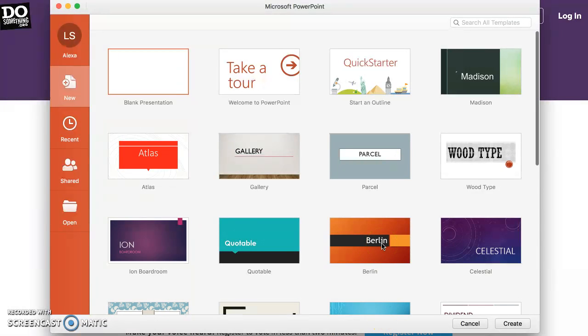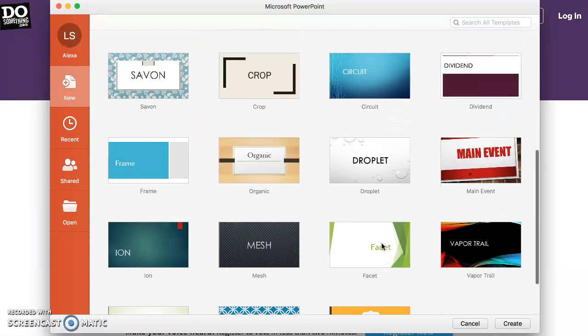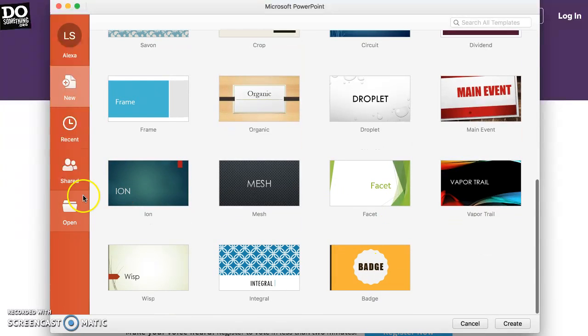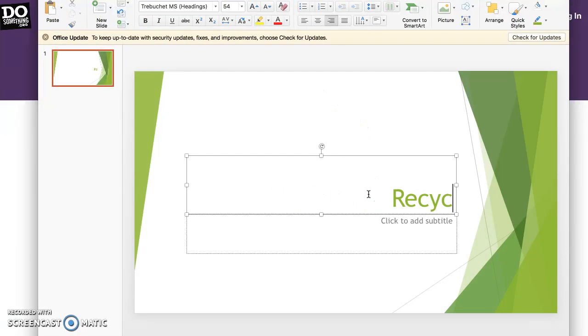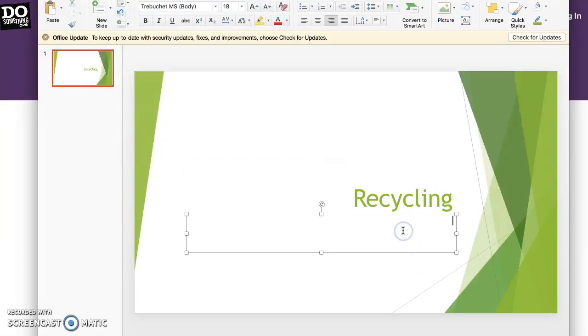So when you open PowerPoint, you're going to see different designs and different layouts. As this screen back here showed, there is a lesson on recycling, so I'm going to choose one that kind of reminds me of recycling. So right here, we're going to put our title. And then here you would put your name, or what it is. So I'm going to go ahead and put second grade class